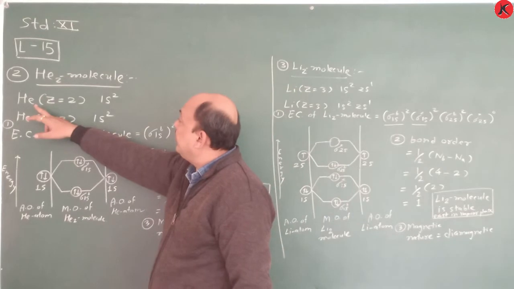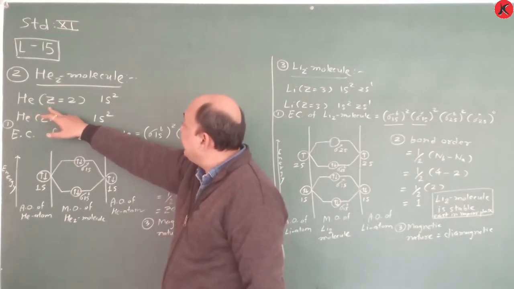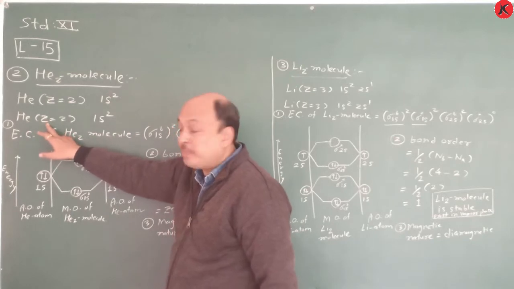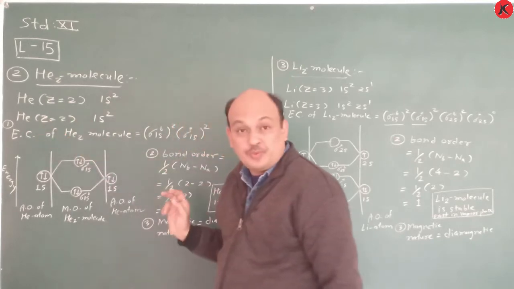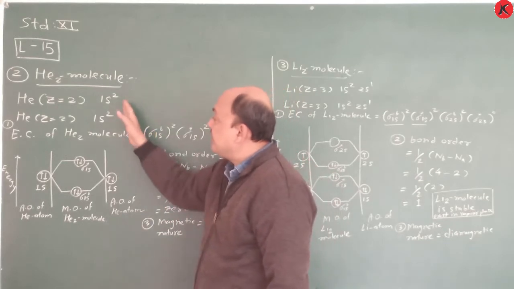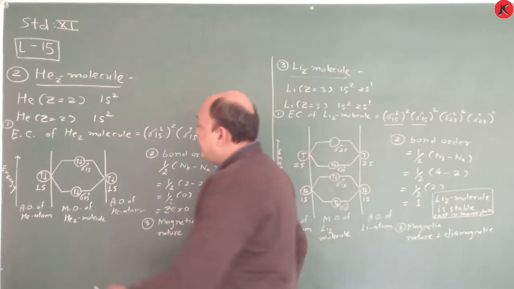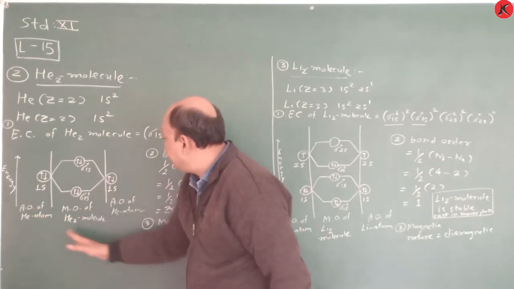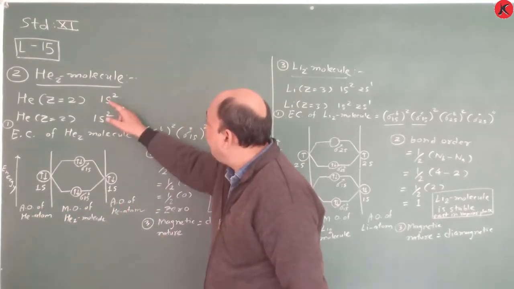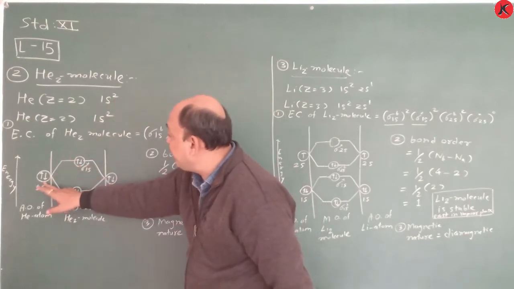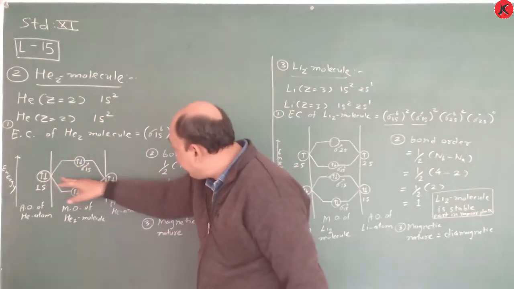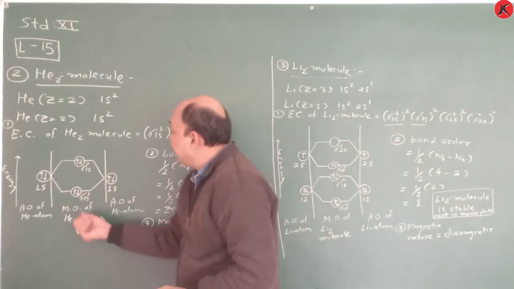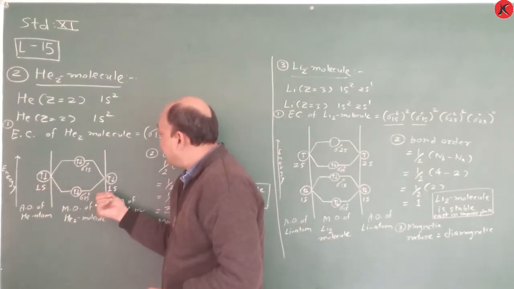So according to the electronic configuration in the ground state, helium Z is equal to 2, 1s2. Z is the atomic number, Z is equal to 2, 1s2. Okay. So remember this electronic configuration. Then you draw this molecular orbital diagram. Write down here the atomic orbital of He atom. If you know the electronic configuration, then you put here a 1s orbital, here a 1s orbital having the same energy. Remember, this energy level remains the same.